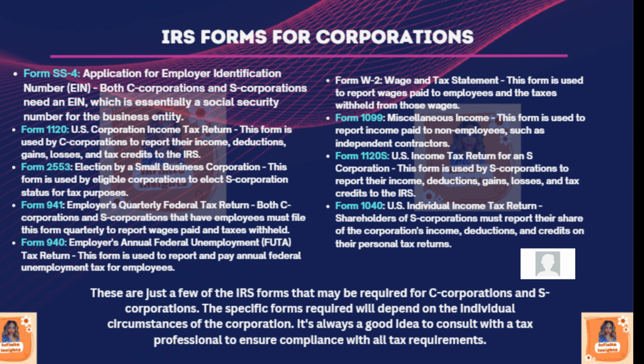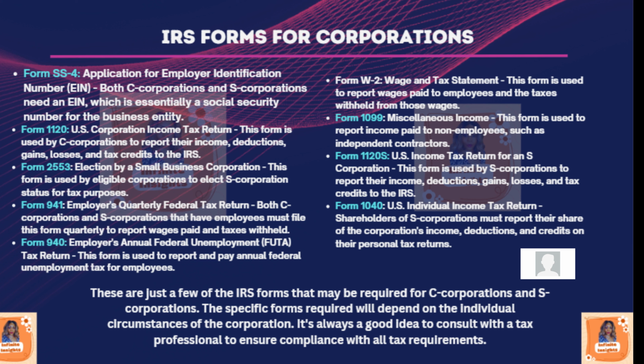We have made it to section 6, IRS forms for corporations. I have listed here some of the essential forms that I believe a business needs in order to be incorporated. Let's start with the form SS-4, application for employer identification number. Both C corporation and S corporation need an employer identification number, which is basically a social security number